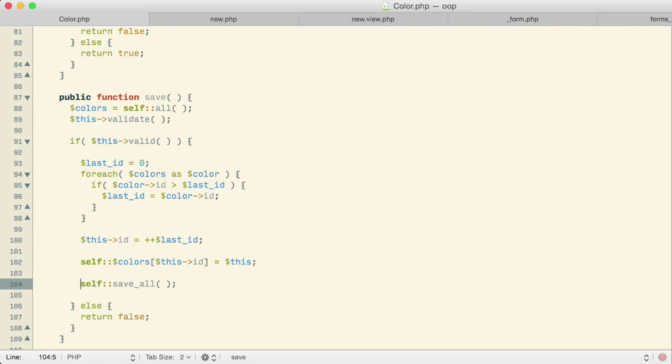Before I leave this little bit of function behind, how about I say return whatever value is returned by save all. So if save all appears to succeed, we'll have it return true, and that true will then be returned from save here, so that the new page will then know that the color was correctly saved and can redirect the user over to the show page. On the other hand, if something goes wrong with save all here, it could return false. That false would be returned here from this save function. That would then be sent back to the new page, so the new page would know not to redirect the user over to the show page. All right, let's go see about creating this save all function then.